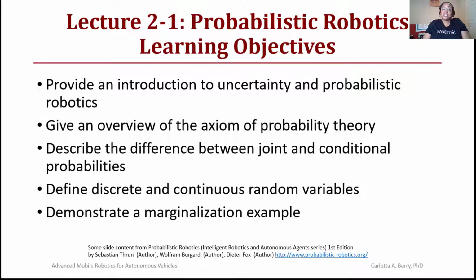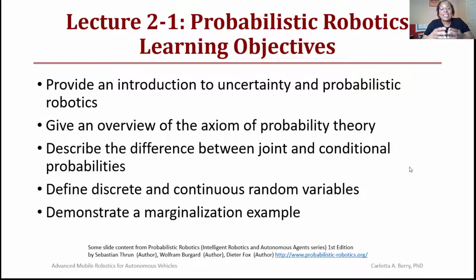Our learning objectives are to provide an introduction to uncertainty in probabilistic robotics, give an overview of the axioms of probability theory, describe the difference between joint and conditional probabilities, define discrete and continuous random variables, and demonstrate a marginalization